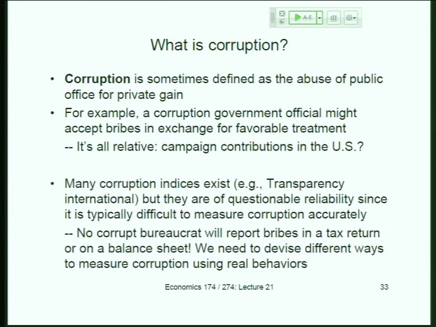So if you thought measuring health was hard, try measuring corruption. These are illegal acts. No one is going to be reporting these acts. You have to be very creative to do empirical research on corruption. You have to come up with new measures. There's actually a phrase that people sometimes use